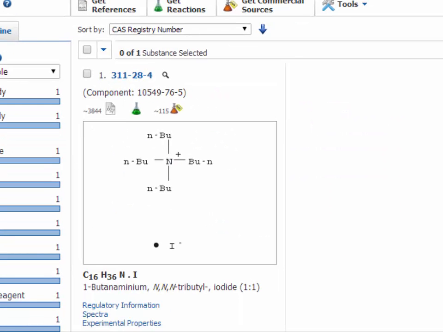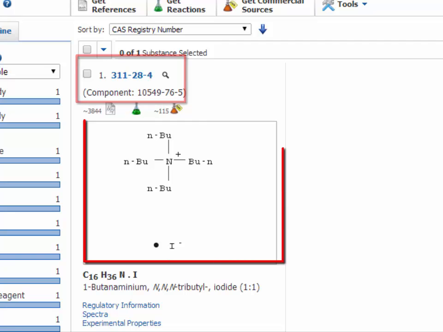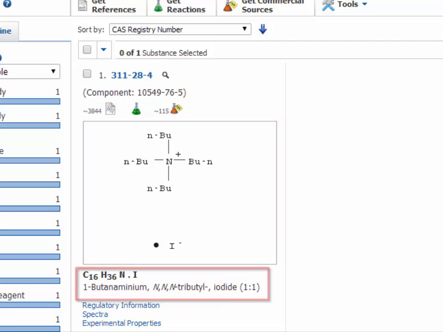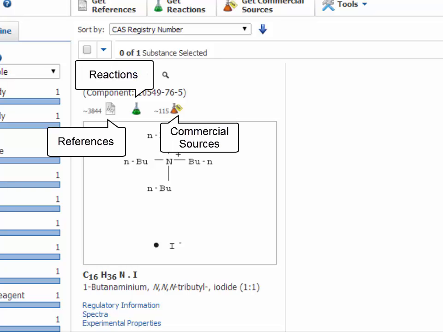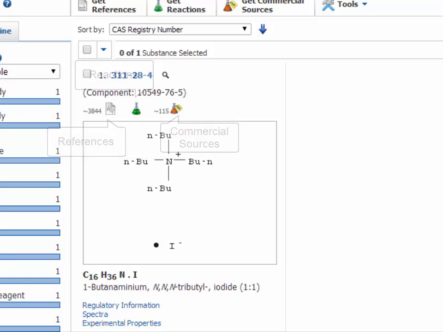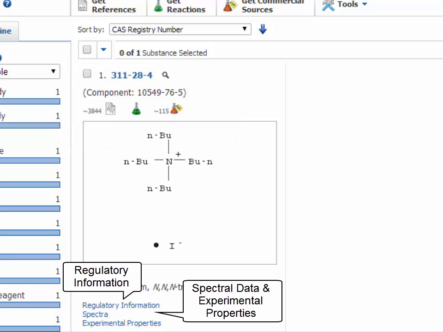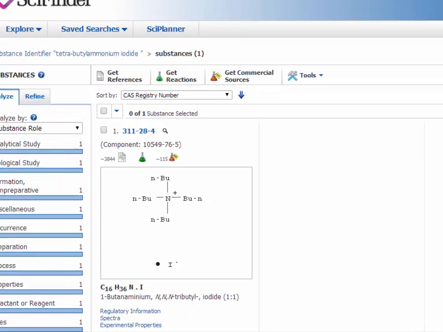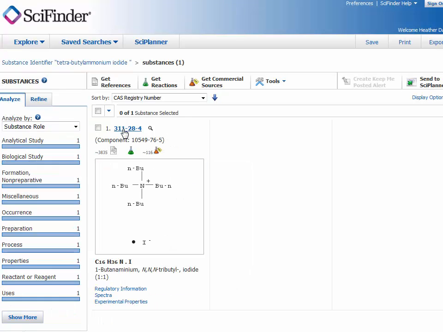One substance is found with its CAS registry number, molecular structure, and alternative identifying names. There are also icons linking to references, reactions, and commercial sources, and below the structure there are links to regulatory information and even spectral and experimental properties. On the left-hand side, there are the familiar Analysis and Refinement tabs, which allow you to further tailor your references